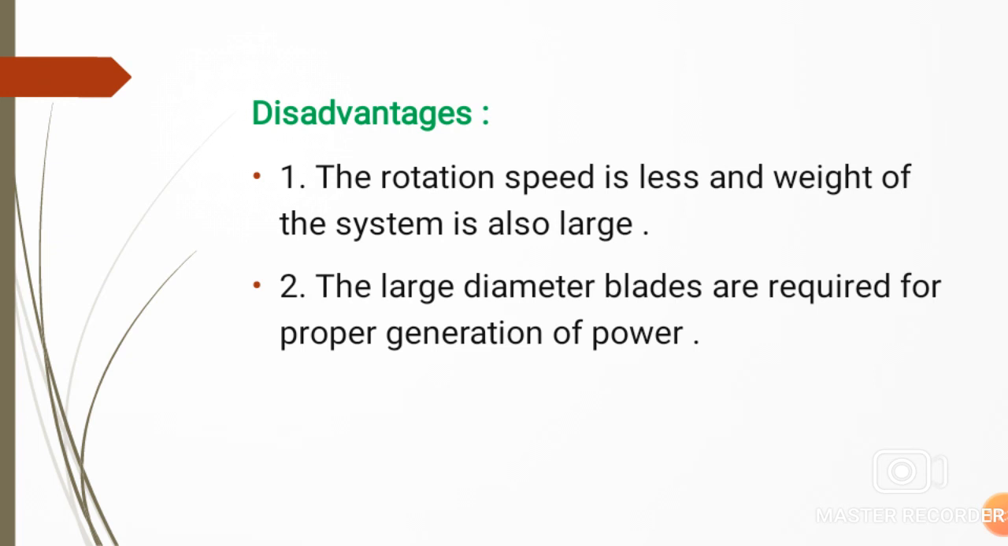The second disadvantage is that larger diameter blades are required for proper generation of power. When we want to generate power in the proper range, then we have to construct the instrument in such a way that the diameter of the blades is proper and the blade size is also large. So this is the disadvantage of the Savonius type rotor. This is all about the Savonius type rotor, which is one type of vertical axis wind machine. The second type is the